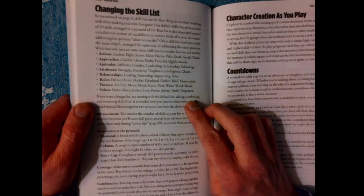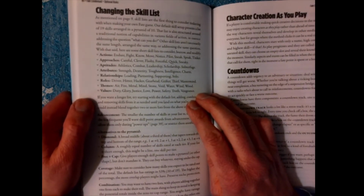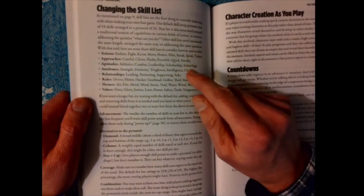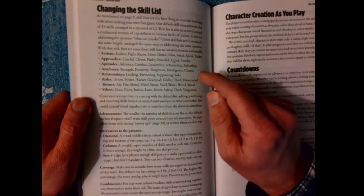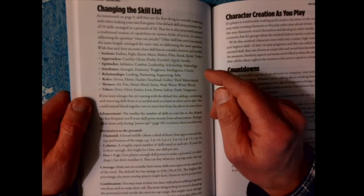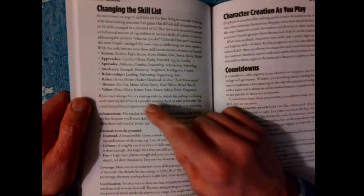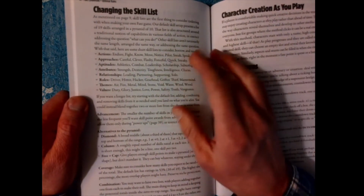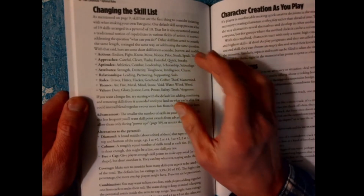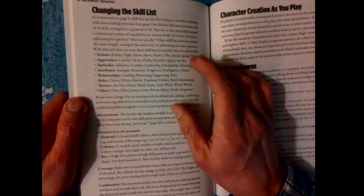Just like the game that it came from, Fudge, it encourages you to tinker. If you don't like their 19 skills, right in here they give suggestions. Maybe you want to go with approaches, so instead of having a skill, you act carefully or cleverly. Or maybe you have certain roles, or they even have themes, air, fire, metal, or your values. There's some different options here, or you absolutely could steal or adapt a skill list from another game if you